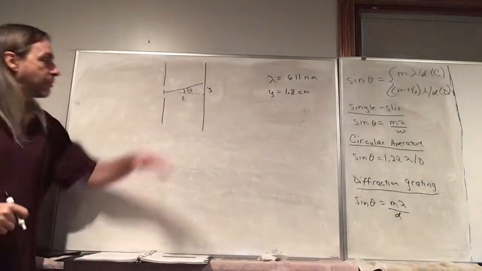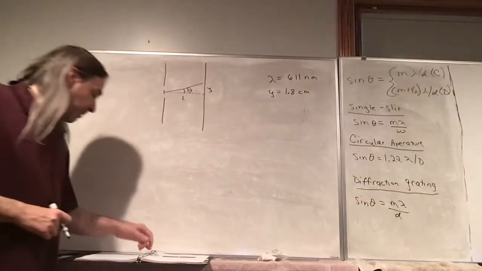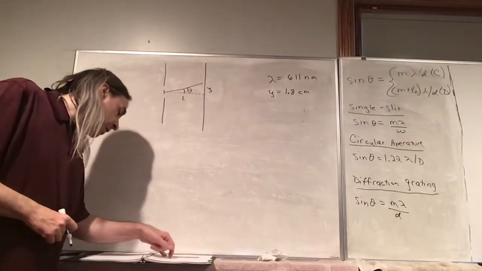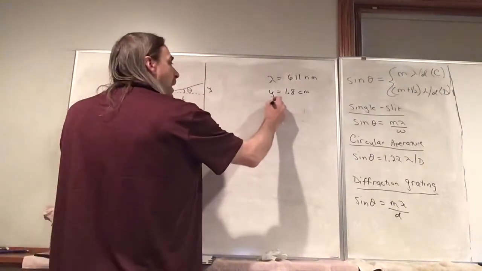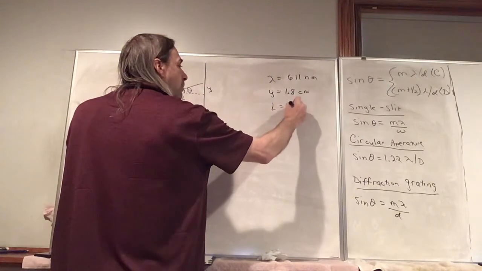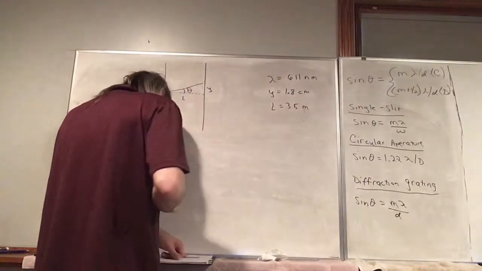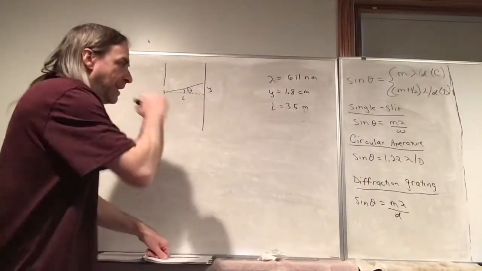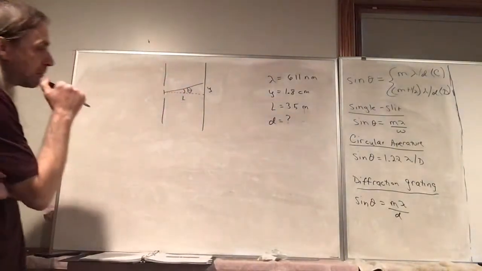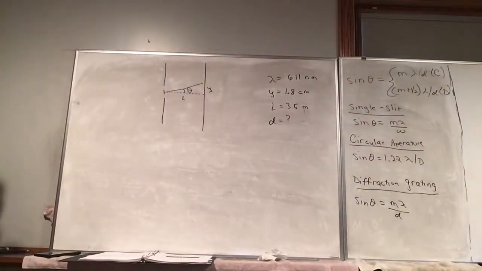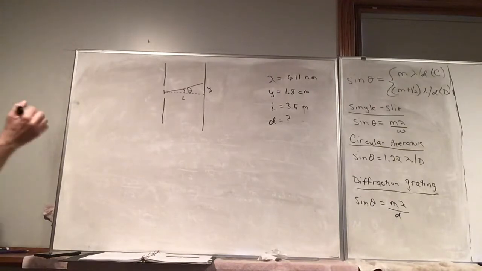So kind of similar to the last one. M equals 0, m equals 1. We're talking about bright fringes. And that's on a screen located 3.5 meters from the double slit. What is the separation between the slits? Okay, so well, we know theta is 0 for the m equals 0 bright fringe. So let's plug in sine of theta